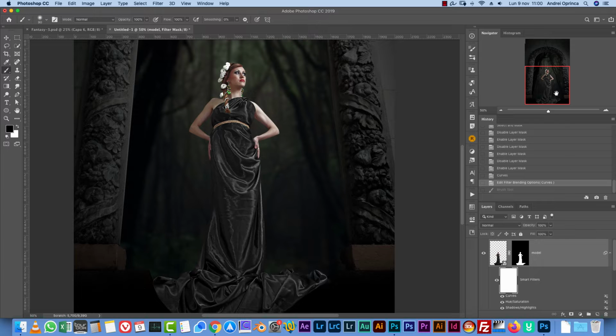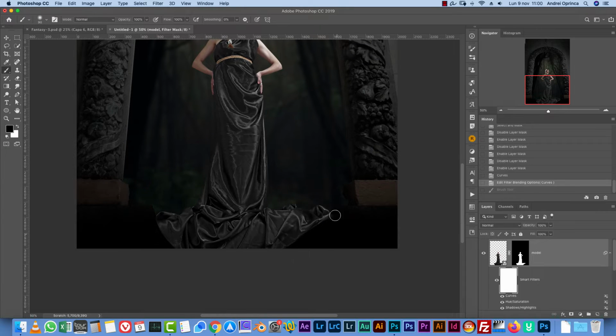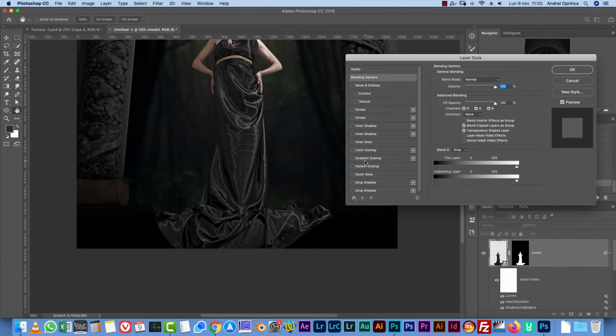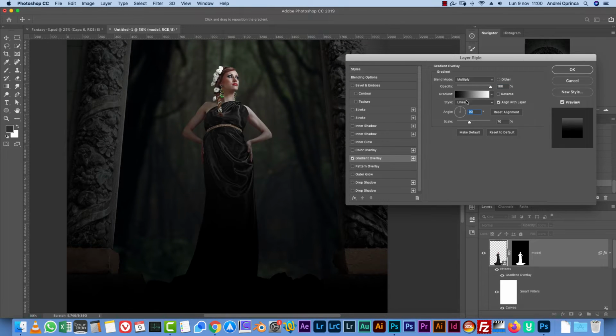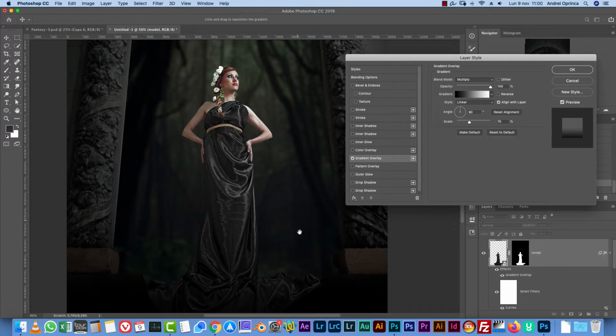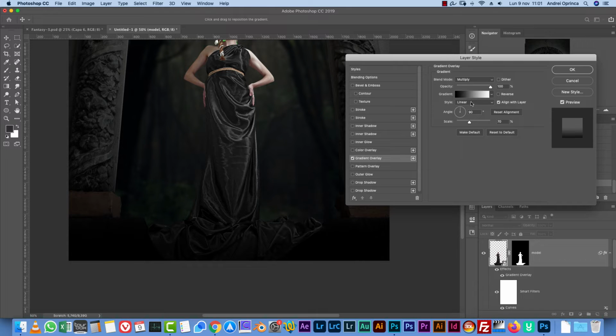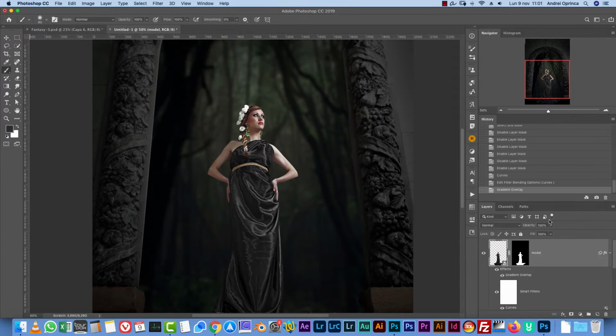I want to add one more thing. You can see that the bottom part here is really dark, but the dress kind of stands out too much. So I will go into the layer styles, and again I will add a gradient overlay just like I did with the background, and I'll change the angle, and I will use black and white on multiply. The reason why I use multiply, I guess you already know by now, is because the white will go away and I will only have the transition from black to transparent. And I will drag this down like so, maybe scale a little smaller. Let's move on